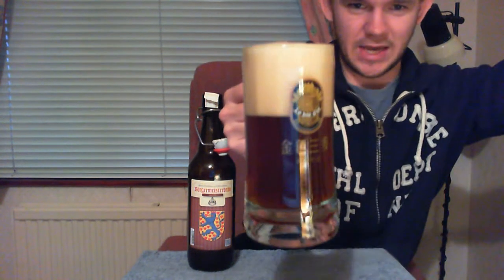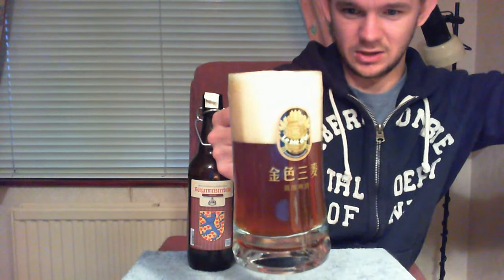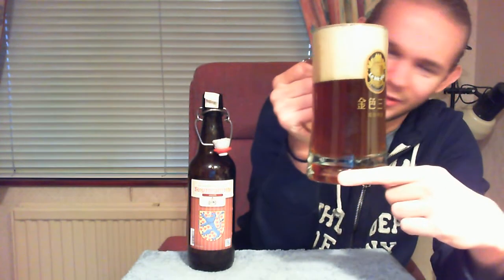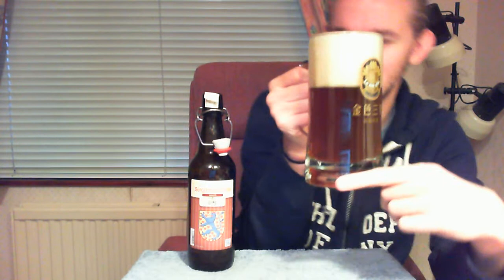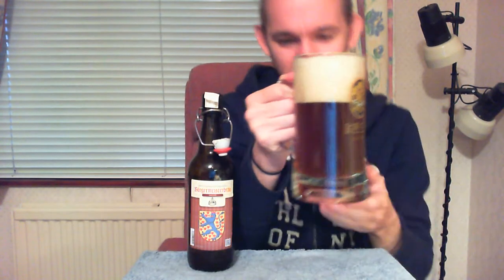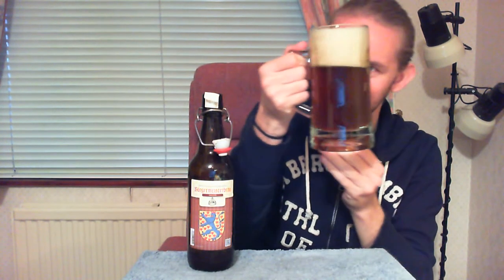So I'll just bring up the light and let you have a little look at the exact colour of this beer. As you can see, it's poured a nice typical dunkel colour. It's a nice sort of coppery, rich amber colour. It is hazy. If I put my fingers behind it, you can see right through the thing. The light is really being bad in this video, but you can see it's a nice hazy feel,